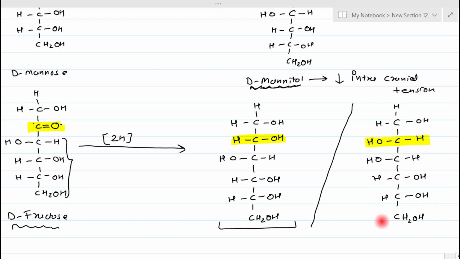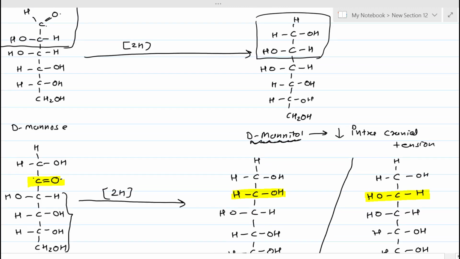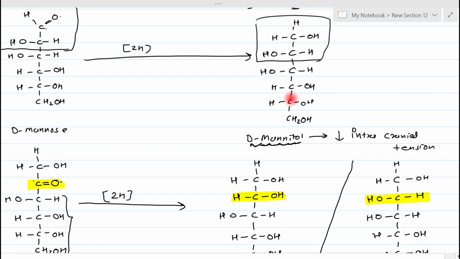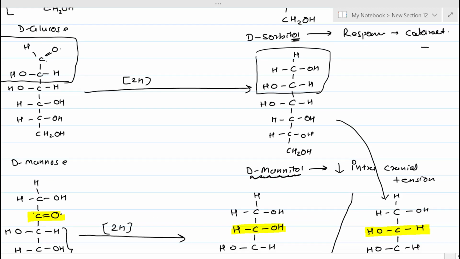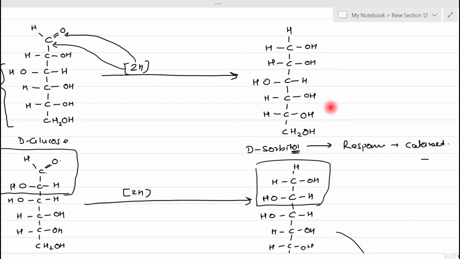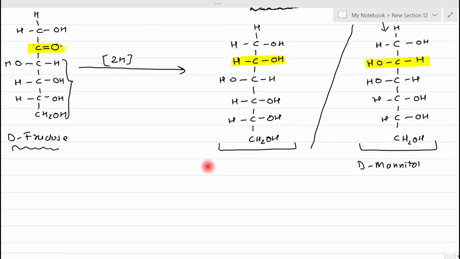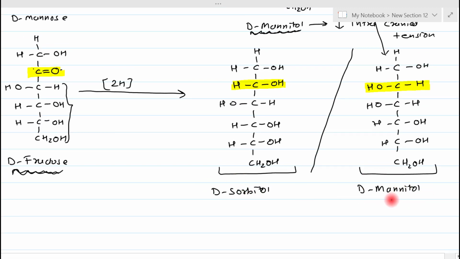Now what are the names of these two compounds? Can you answer it? These are not new compounds; we had already seen them. See, if the OH is on the left side, and you compare this structure with this structure, both are the same. So this is D-mannitol. We had already seen this. And this compound, if you look closely enough, is nothing but our D-sorbitol. So whenever fructose undergoes reduction, it may give rise to D-sorbitol or D-mannitol. Generally, it gives rise to a mixture of D-sorbitol and D-mannitol. So you have to keep this in mind.